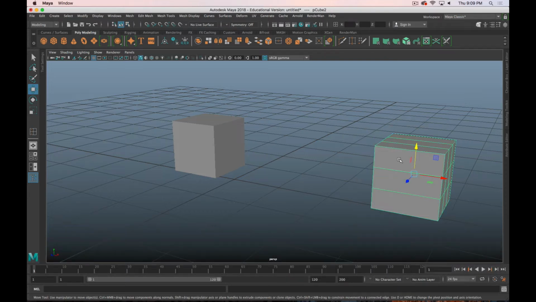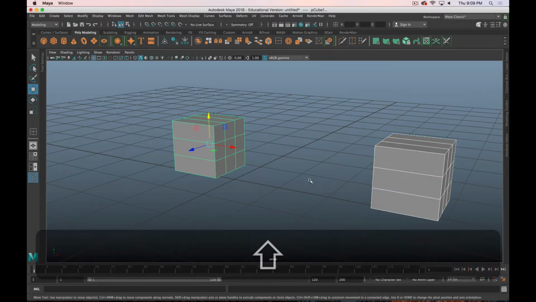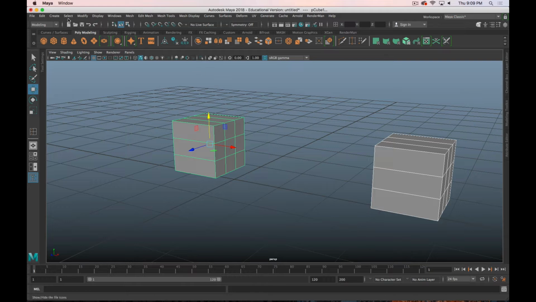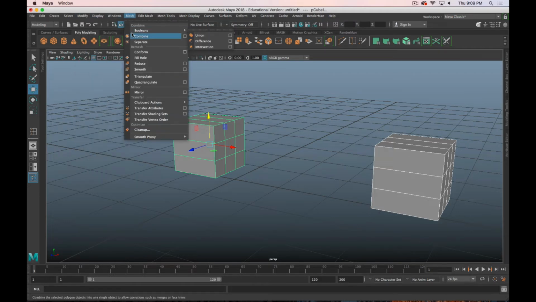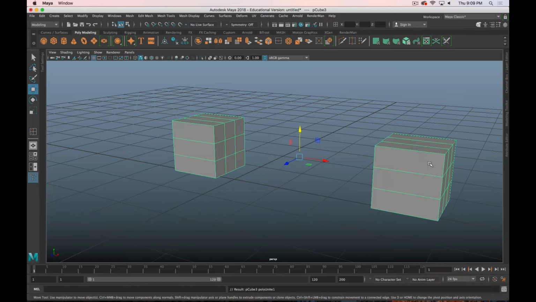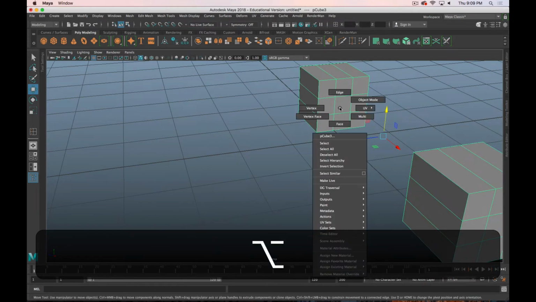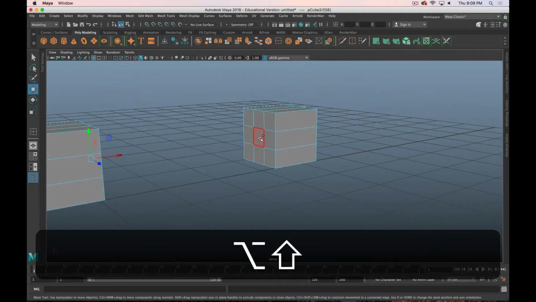In order for them to actually connect, they need to be the same object. So I'm going to select both, and I'm going to go to Mesh and Combine. Okay, so now they are one object. Now what I can do is I can delete these faces,